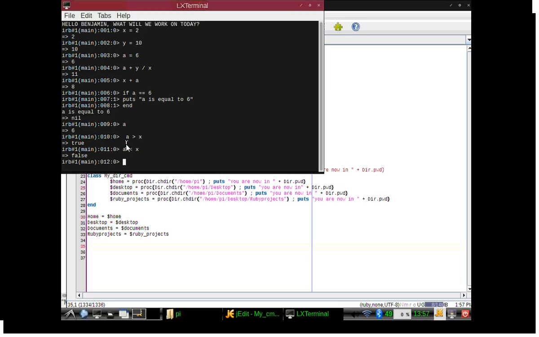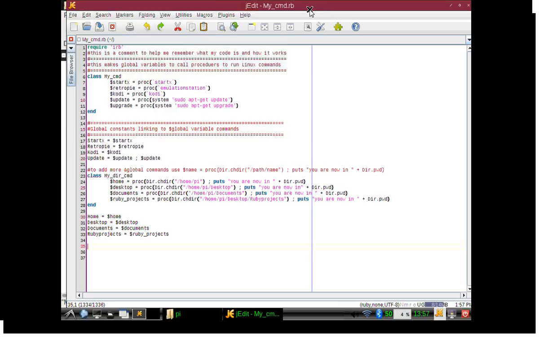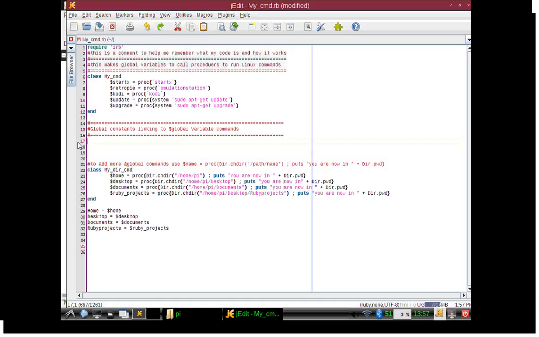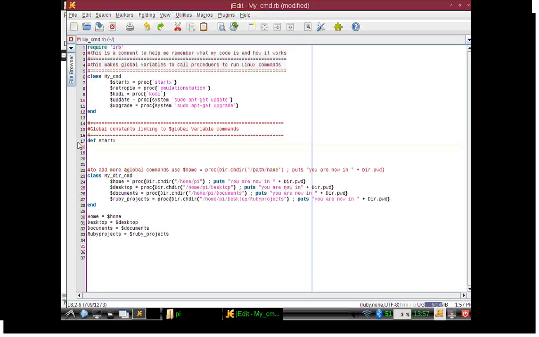and checking our code. But enough with messing around with math. Let's go ahead and jump into our definitions. So down here, instead of using our constants and linking our variables to it, what we're going to do is take this out and start off with def, and then we'll put start x, and then under that we will put